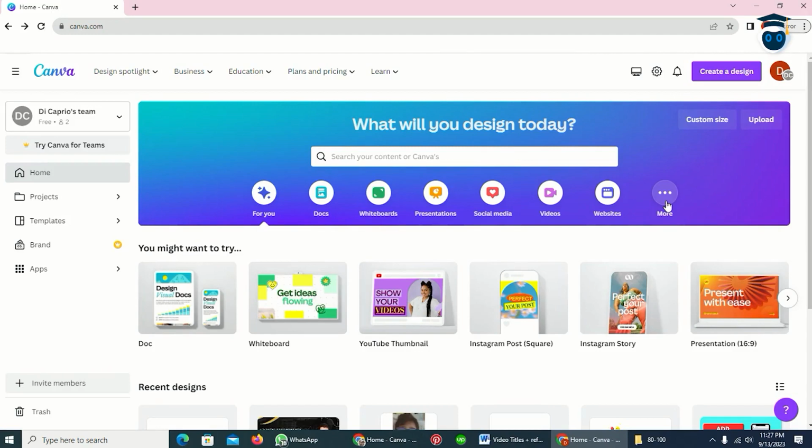In this video I will explain how to delete a team in Canva. You can delete the team if you are the admin of that team. But if you are not the owner of the team, then you can simply exit from the team. But if you are the owner of the team and want to delete the whole team, then here is the homepage